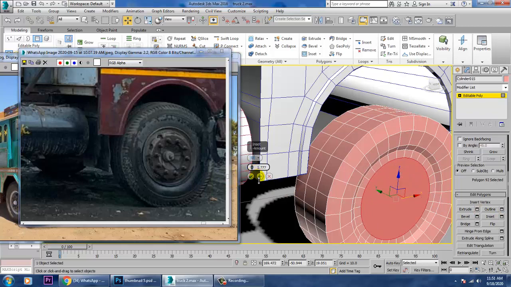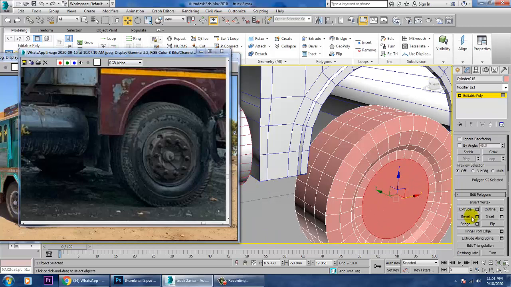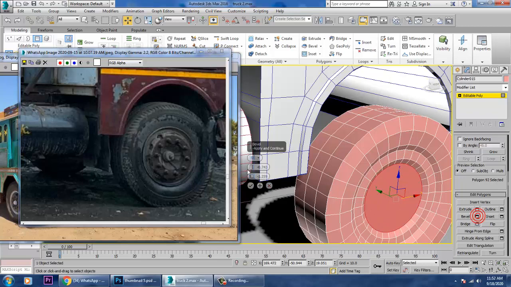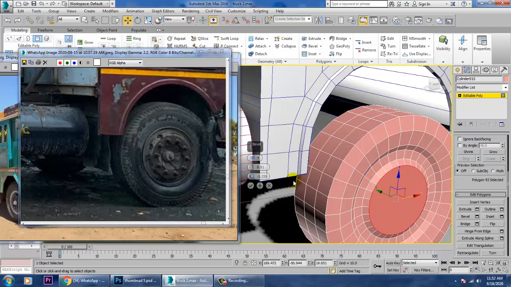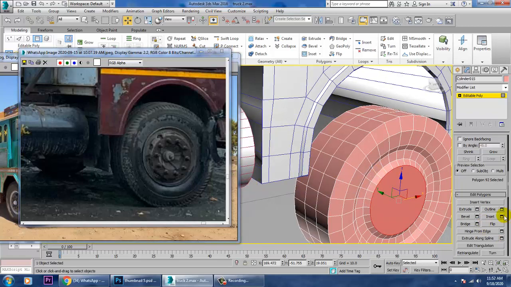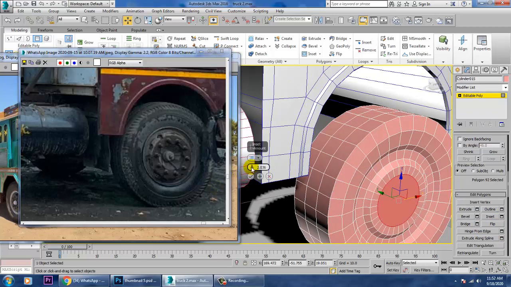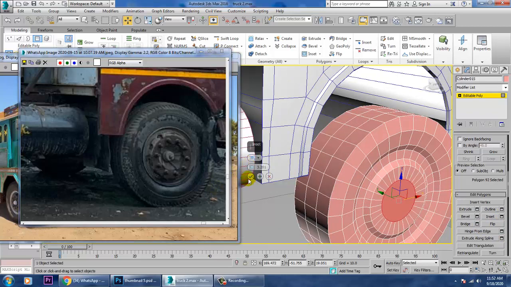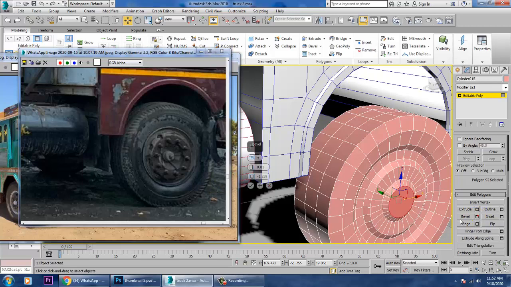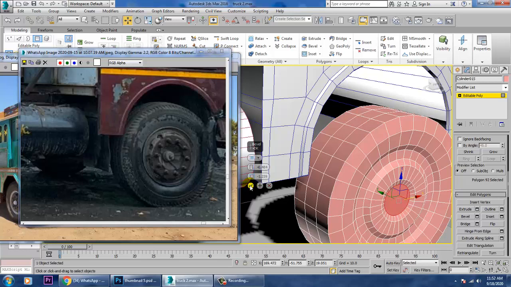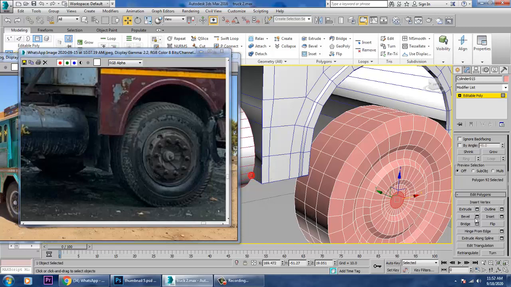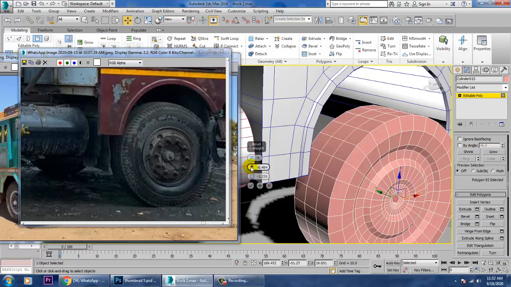Again give a bit of inset to it, and again give a bit of bevel, but it should come out over here. Again give a bit of inset and again give bevel, it will go in, and one more small inset and again give a small bevel out.